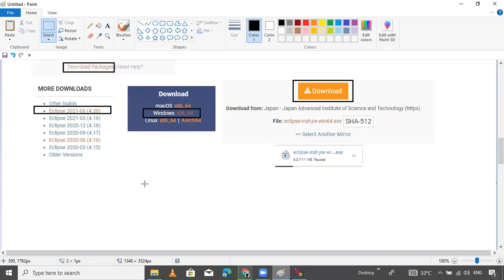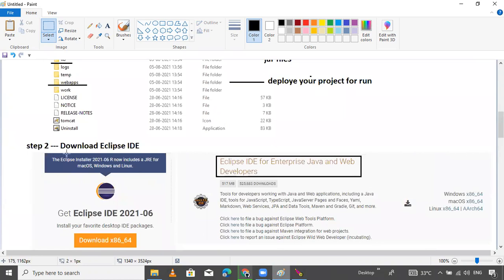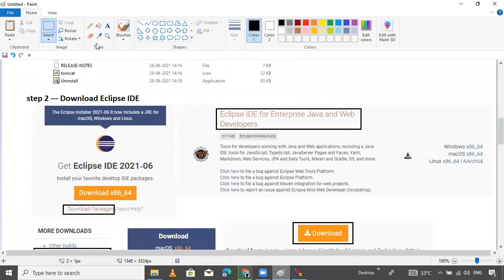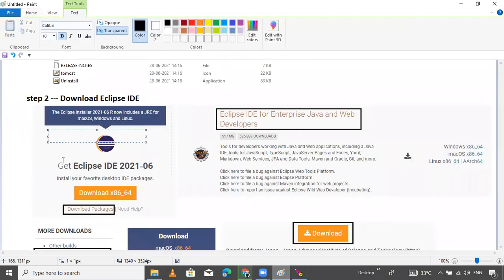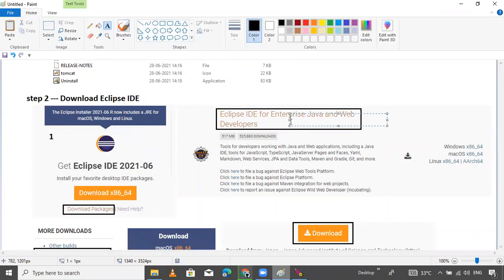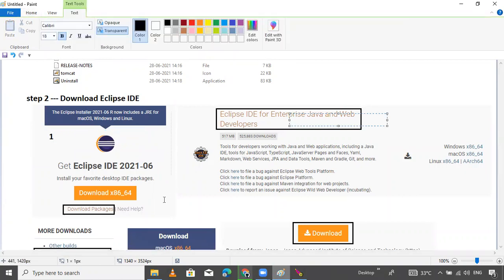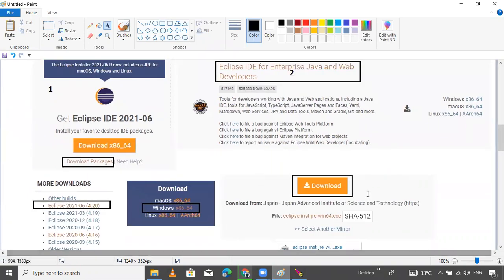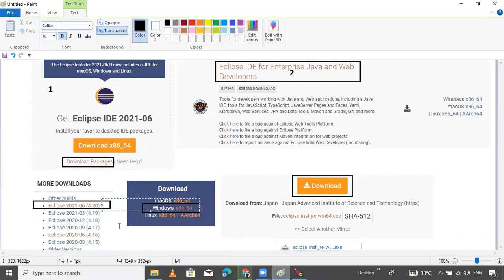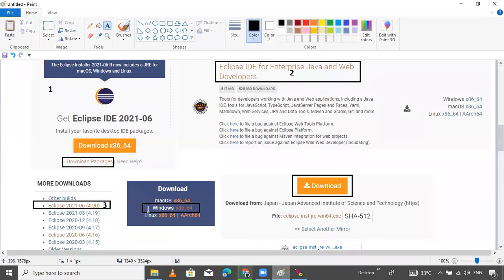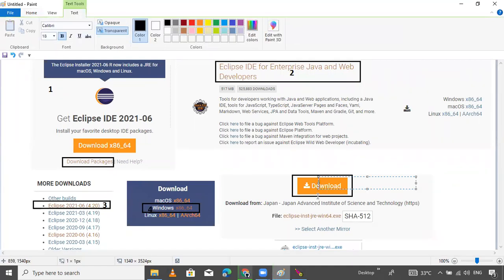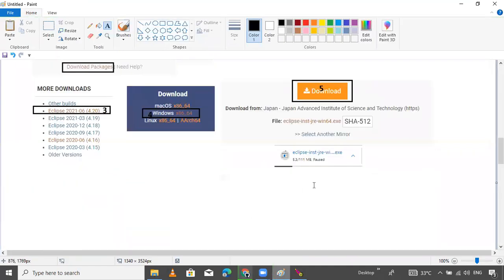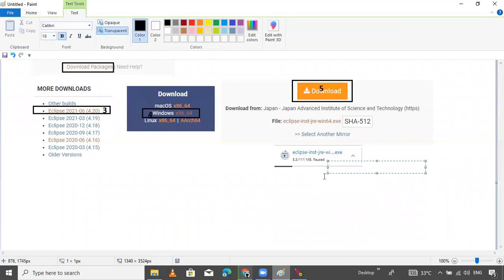Output this. If you want to give numbering, I will. Okay. This is the first. Here is the second. Here is the third. This is the fourth. The fifth. That's it. And you will get your destination. Java.